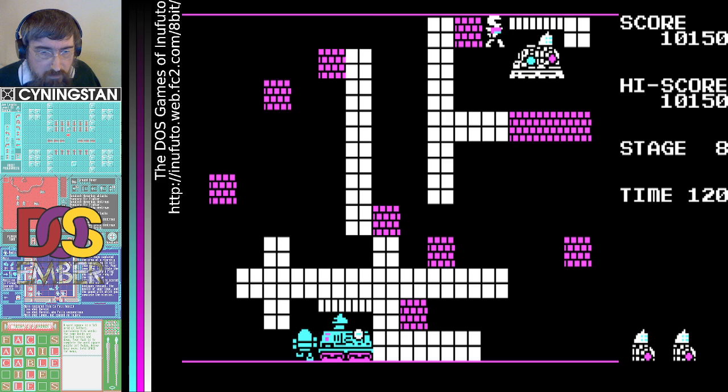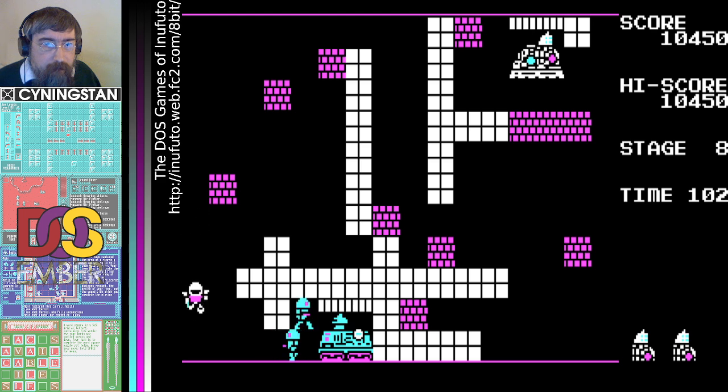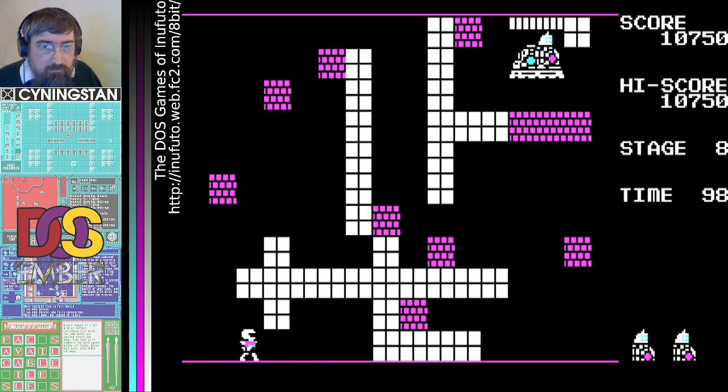I don't know if I'm good at this or if it's just an easier game than the others. Right, these people. I'll have to check to see if they can spawn through that wall. Well, I never found out if they could spawn through that wall.